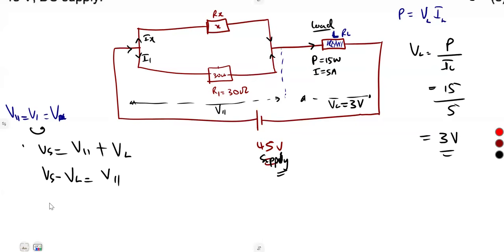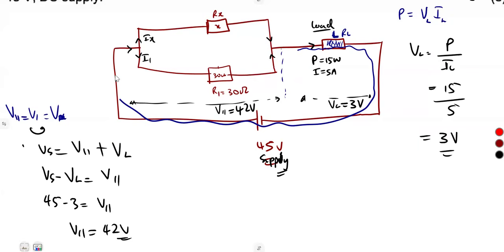Our supply is 45, so 45 minus 3 is going to give us V parallel. So our parallel voltage is 42 volts. So this is what we have here, 42 volts. Using that, it is easier for us to obtain this resistor, because we know that the load draws 15 amps, which is the same current that is going to enter here as our supply current,